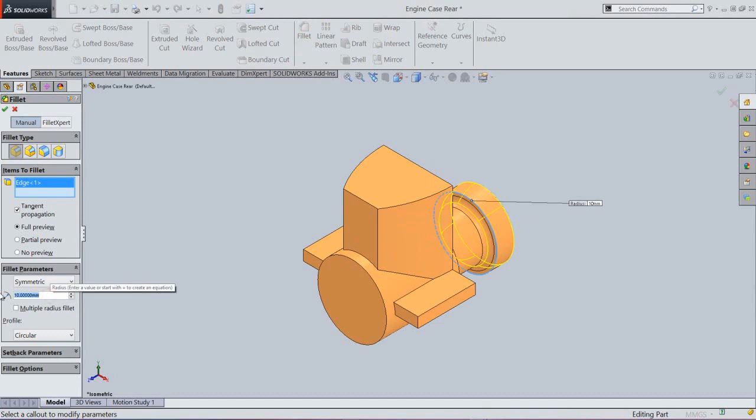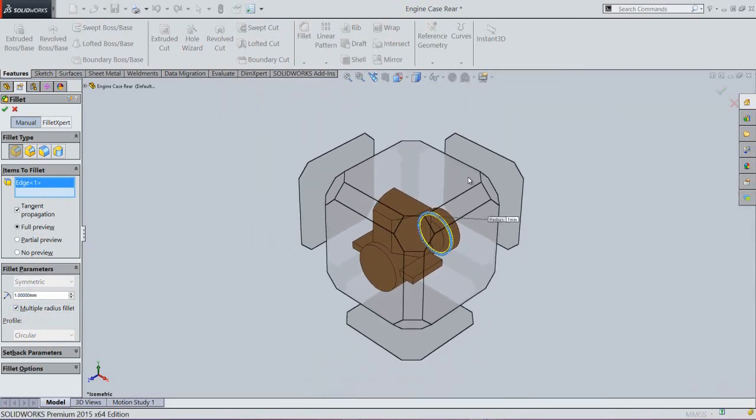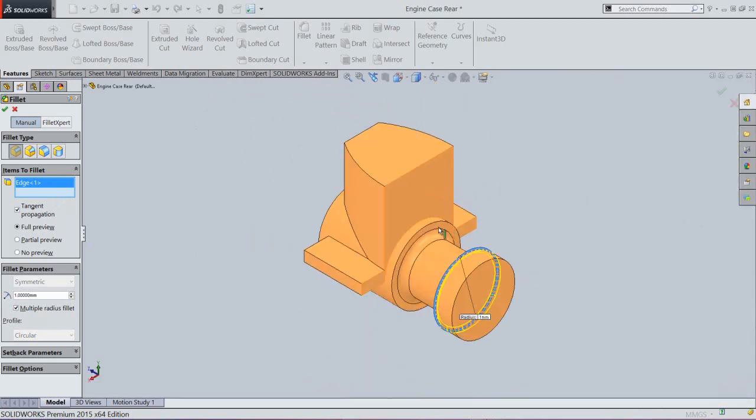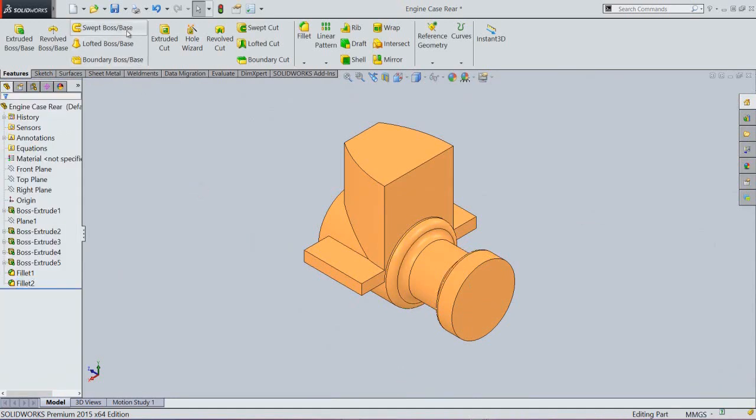Set the fillet radius 1 mm. Now activate the multiple radius fillet command and select this edge. OK. Set the radius 2 mm. Click OK. Save the file.